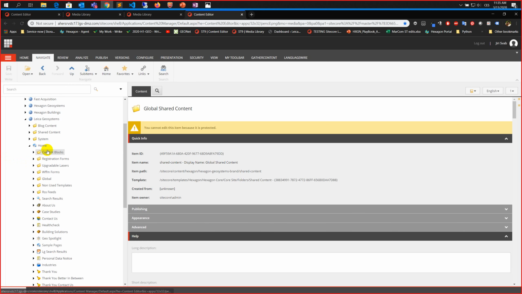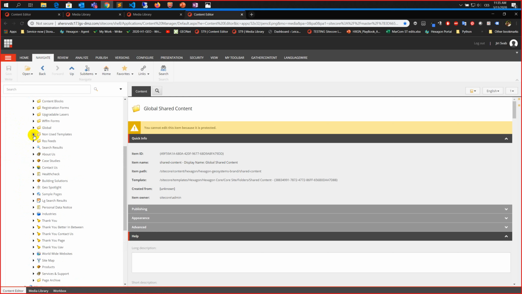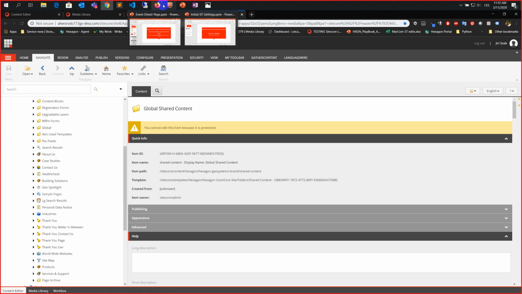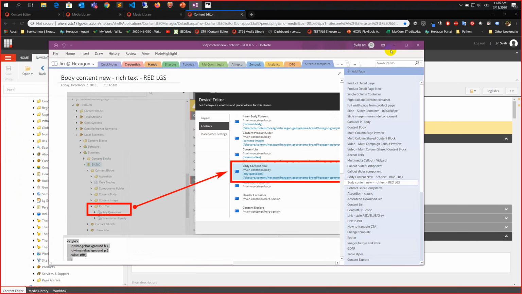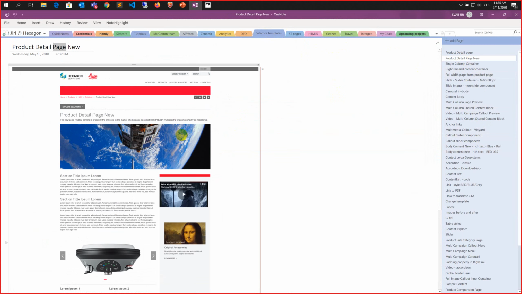Anyway, it's a typical tree structure where we have products on the first level, industries, about us, etc. Maybe because the Leica site is down for now, I can show a product detail page. Okay, so this is a screenshot of one of the Leica pages, and we have industries, products,